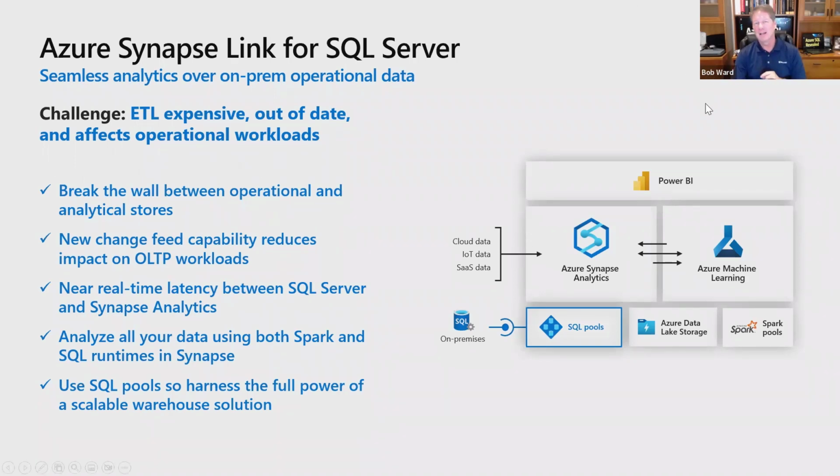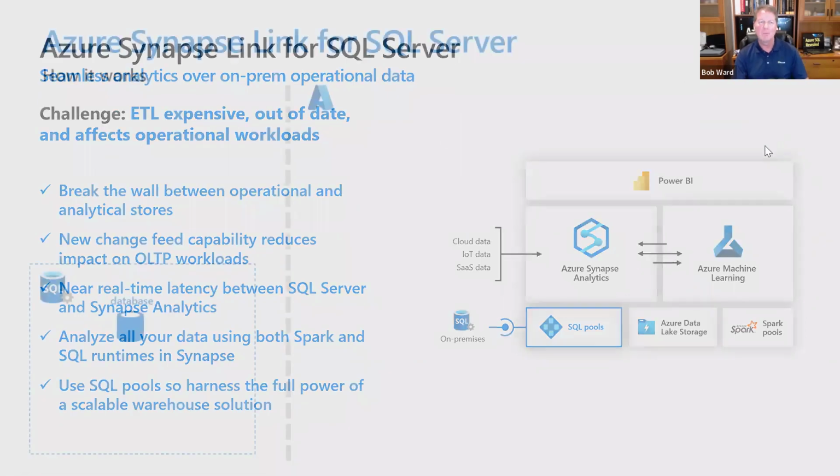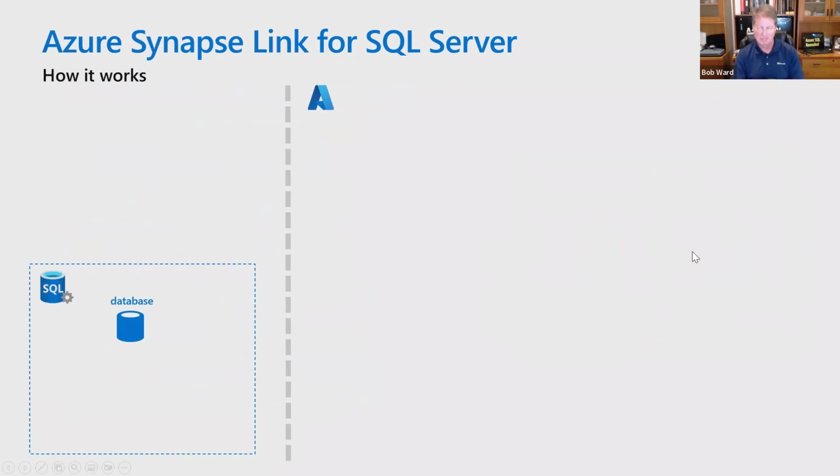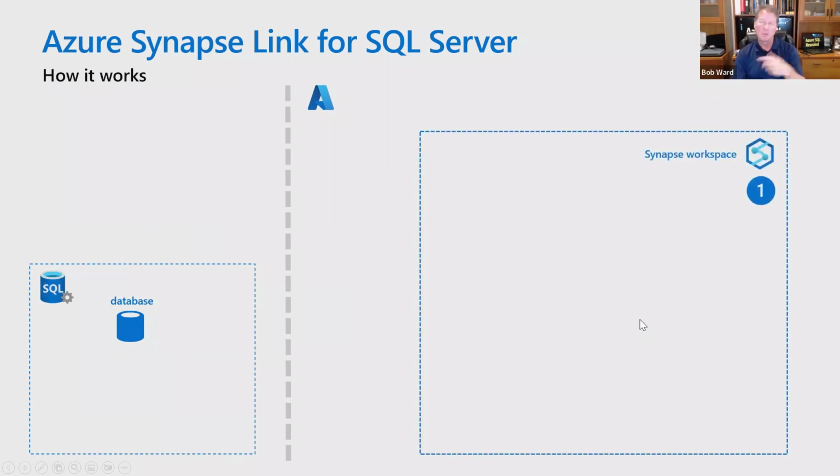I have built an interesting architecture diagram for you. If you're going to have some sort of intermediate session, you have to have an architecture slide. So let me show you a little bit of the process, how Synapse Link works. So let's assume this gray line, this is your on-premises SQL Server to your left with a deployed database already. Again, it could be an Azure virtual machine, but for argument's sake, let's say it's an on-premises SQL Server. And in Azure, you've deployed a Synapse workspace. By the way, we're going to be supporting existing Synapse workspaces as well in the future. So it doesn't have to be a brand new Synapse workspace, it could be an existing one.